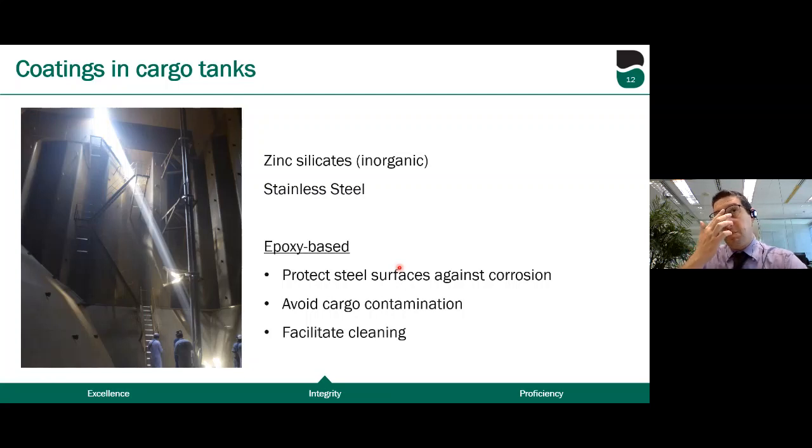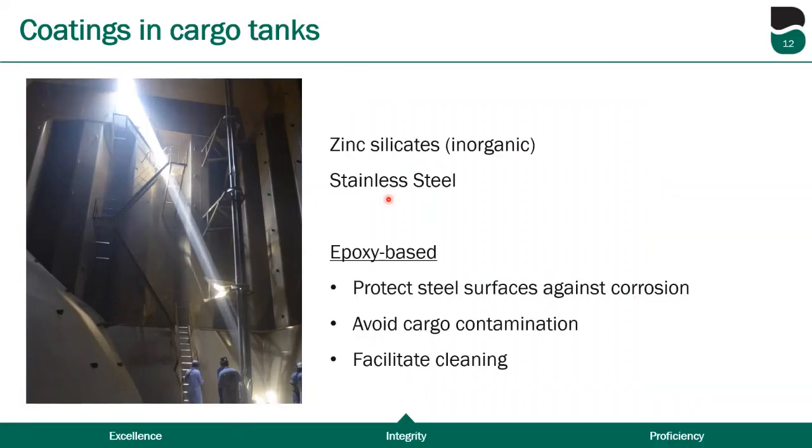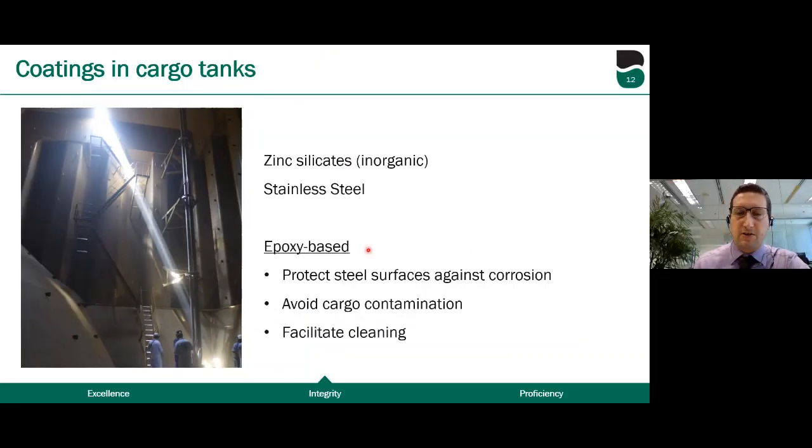Let me give you just some example of what we deal with in Brooksville. So, for instance, in cargo tanks, paints typically applied in cargo tanks are epoxy based. You also find the zinc silicates. These are inorganic paints, or just stainless steel, which is uncoated, which is very expensive. But the great majority of chemical product tanks are coated with epoxy based, so some sort of epoxy paint. Epoxy paint is used to protect the underlying steel, as I showed before, against corrosion, but also to avoid cargo contamination